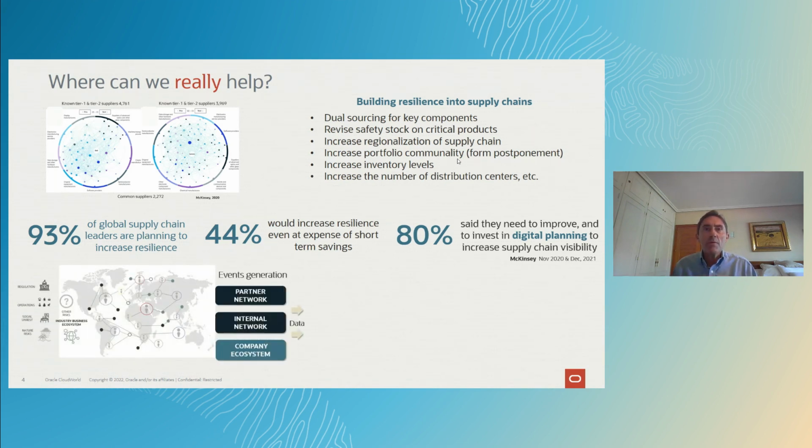Let me show you very briefly what we mean by this digital planning approach that McKinsey, for instance, and other analysts are pushing forward, a concept that most of the supply chain heads are trying to enable. So you basically have your company operating in an industry ecosystem. And that industry ecosystem, as I explained before, is shared by other competitors that you have in that ecosystem, together with